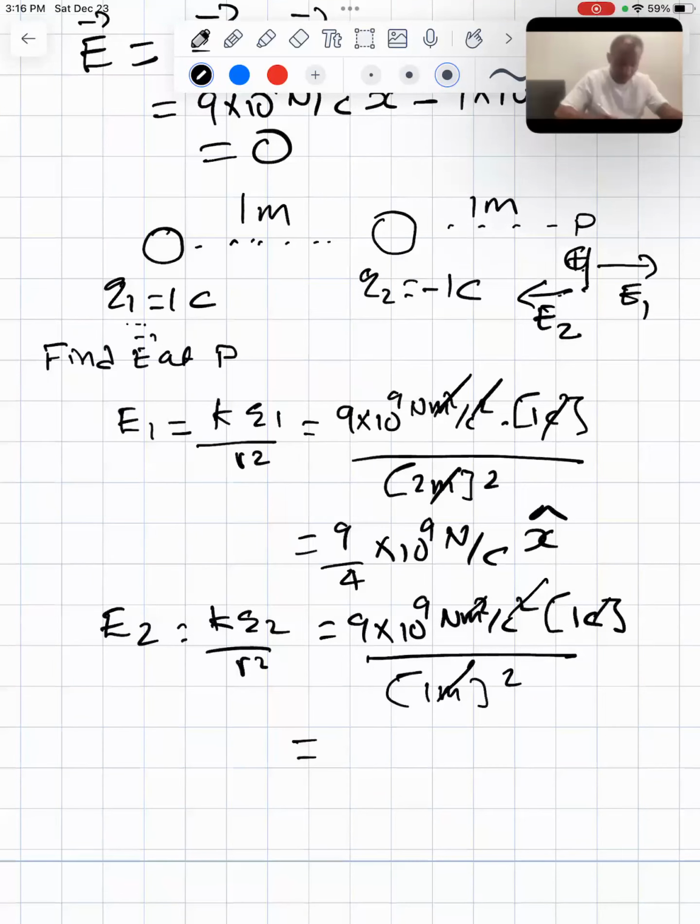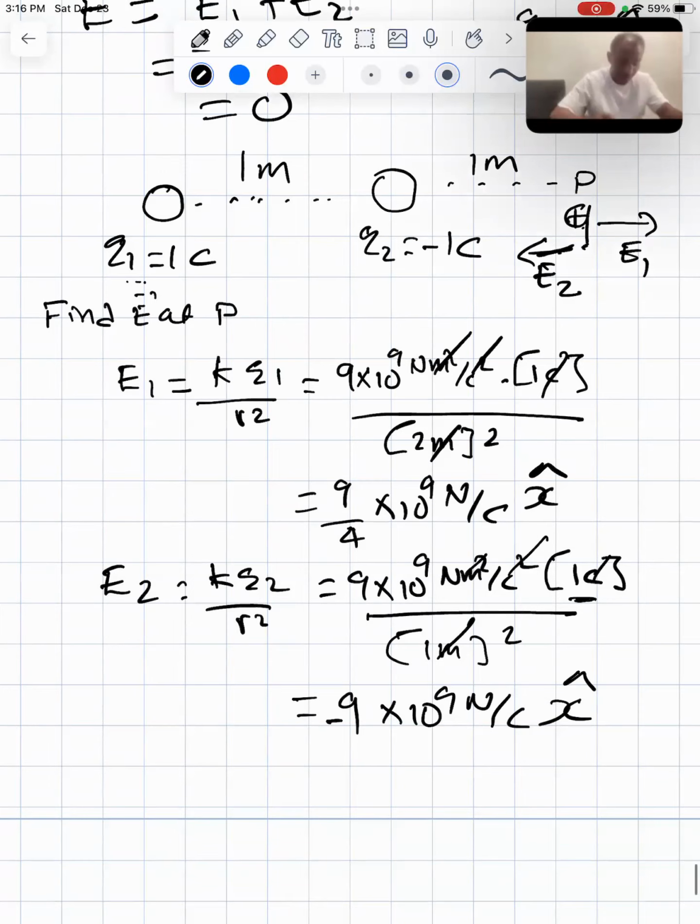It's going to be negative 9 times 10 raised to 9 newton per coulomb. Why negative? Because E2 is towards the left. You see, E2 is towards the left already, taken care of. So E1 is positive, E2 is negative because we're already taking care of the sign. You don't put any negative number, even if Q2 is negative, because the sign is already